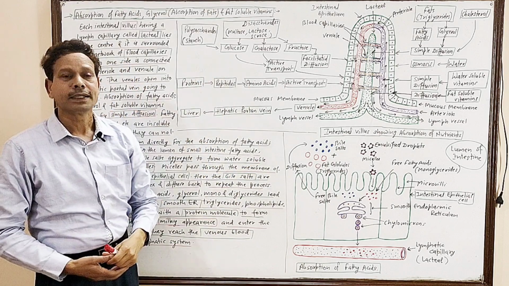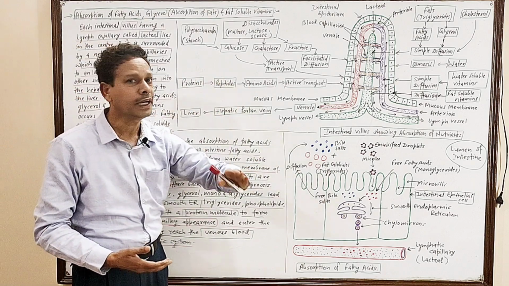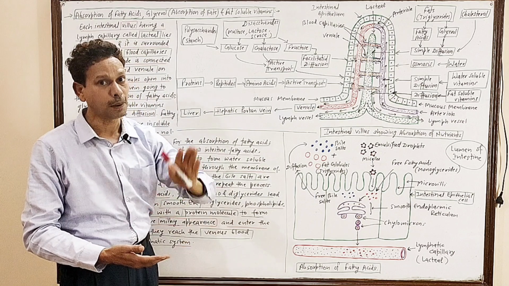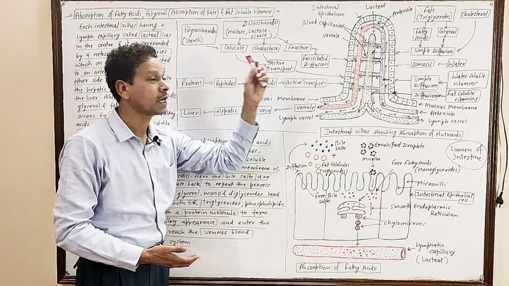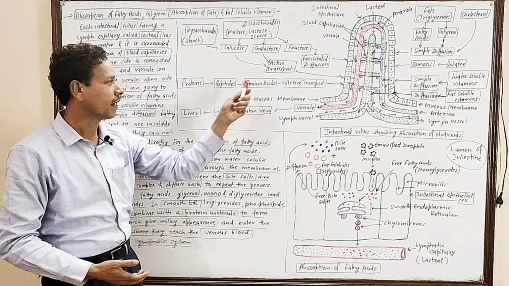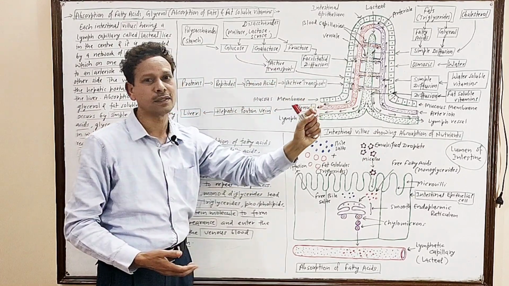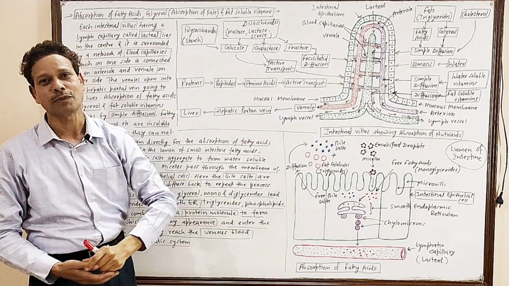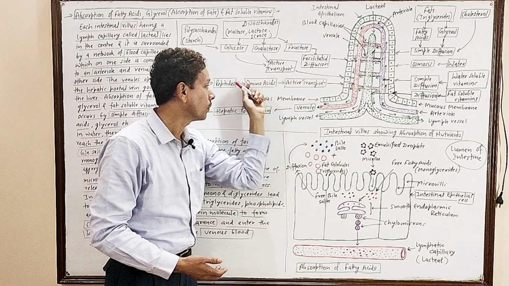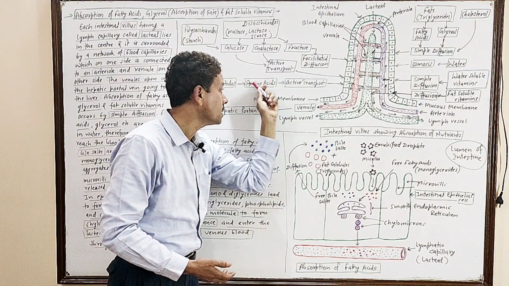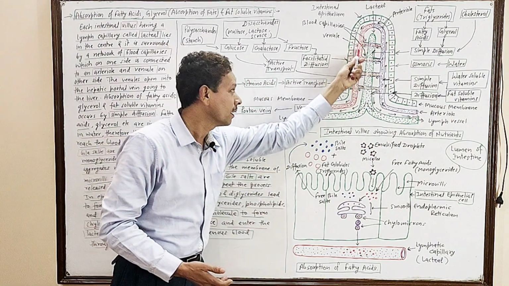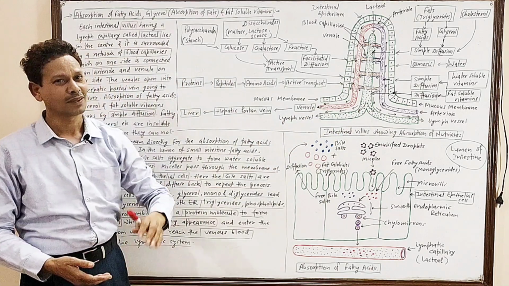The proteins are converted into simple units, the monomers, and these simple units are amino acids, and absorption of amino acids occurs by active transport, and the active transport carries these amino acids into the bloodstream. Note down,